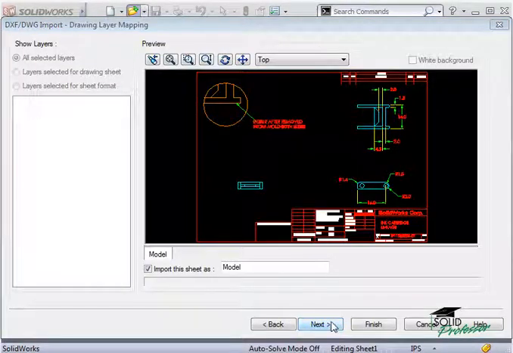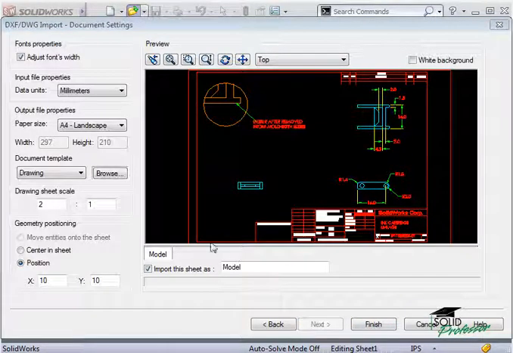Here on this screen, there really aren't any options to adjust, but it does give you a preview of what the embedded file will look like. At the bottom, there's an option that says, Import the sheet as. All this is a name for the drawing sheet where the embedded file will be placed. I'll leave this as the default name for this example. Now at this point, I could click Finish, but I'll go ahead and click Next to see a few more